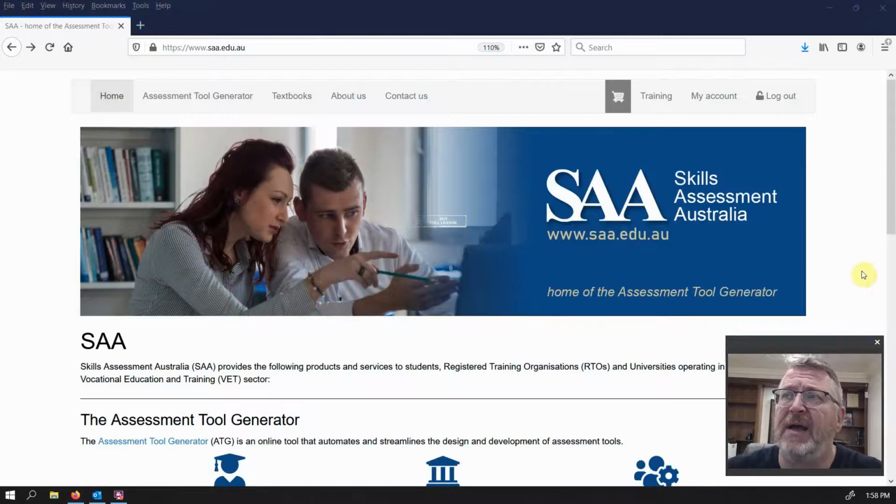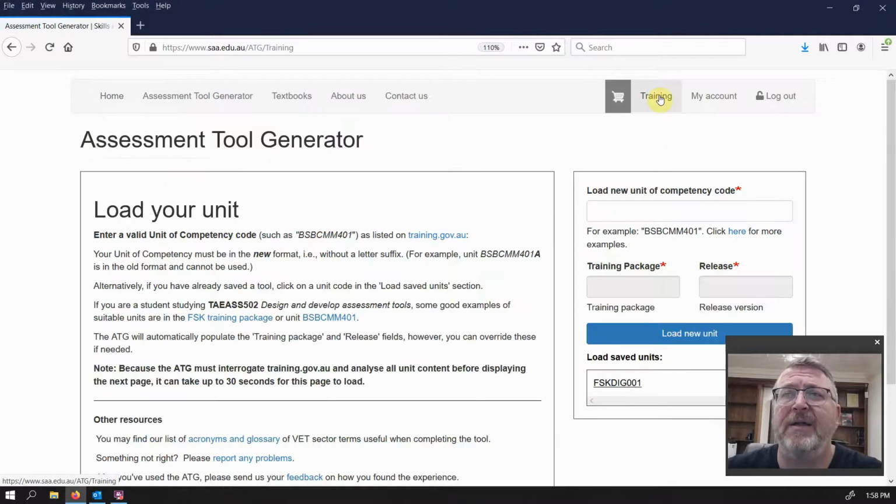And after you've logged in, you'll see that these menu items appear on the top right-hand side. So let's click on Training. Now, what we see here is the first of 3 pages that you'll navigate through in order to design and develop your assessment tool. The first thing that we're going to do here is load a new unit of competency,